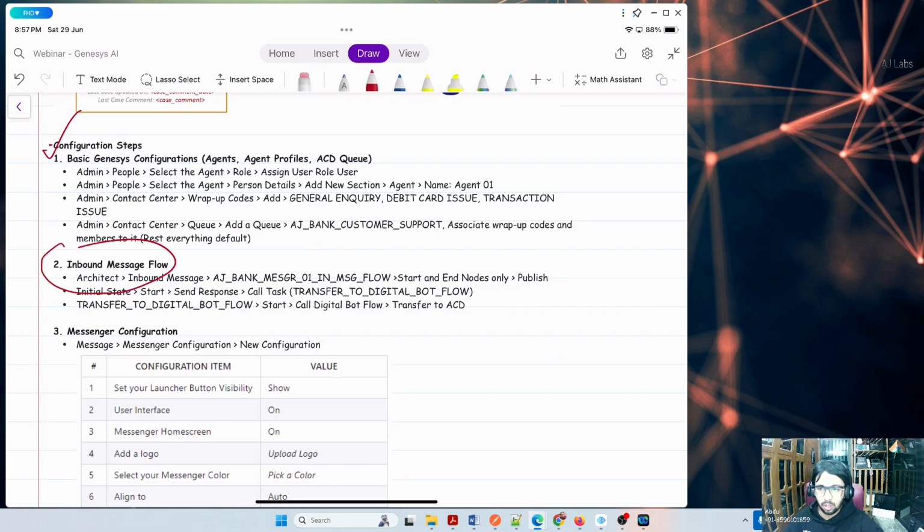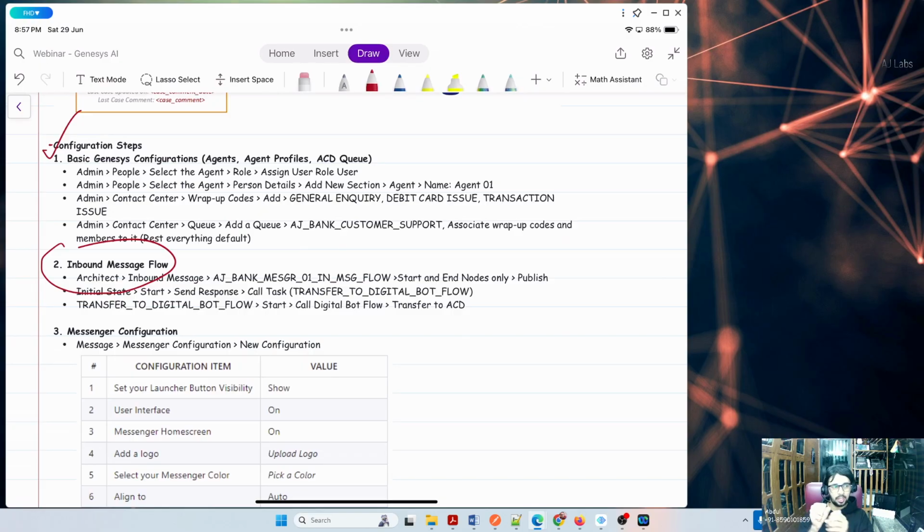In a contact center, we usually call it an inbound call, inbound message, inbound chat, or inbound email. Any interaction which is triggered from an external source, like somebody from outside calling my contact center, or some website displaying my chat window and somebody initiating a task, is all captured with an inbound flow. If it is a message, it's an inbound message flow. If it is a call, it's an inbound call flow. The bot flow is different and the inbound flow is different. Inbound is only the initial point, like a capturing point.